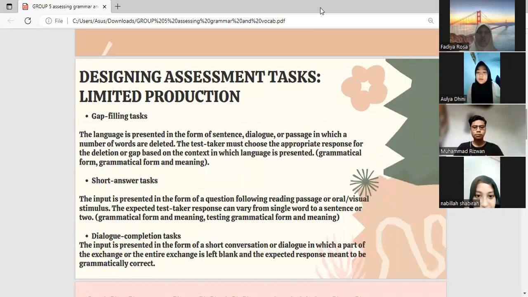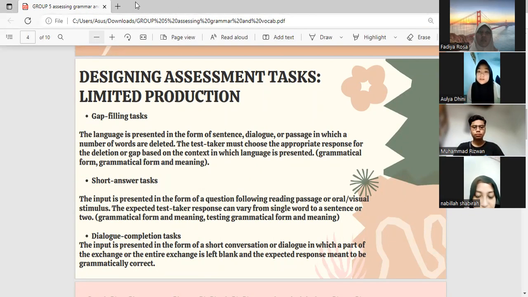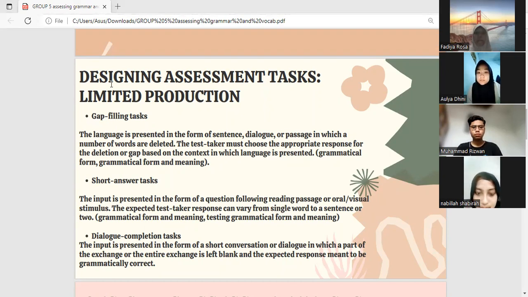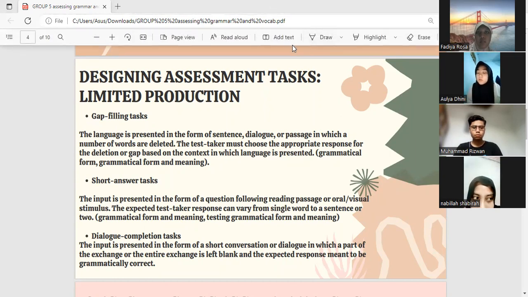Okay, thank you. So the next is designing assessment tasks, limited production. The first is the gap filling test. The language is presented in the form of a sentence, dialogue, or passage in which a number of words are deleted. The test taker must choose the appropriate response for the deletion or gap based on the context in which the language is presented, a grammatical form